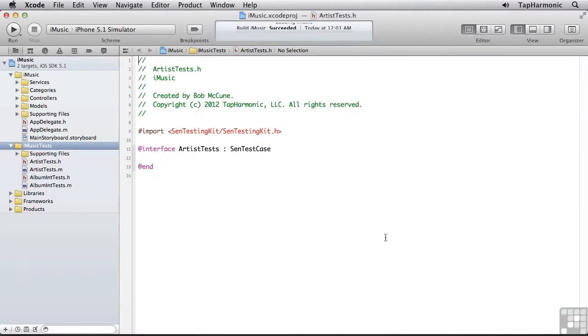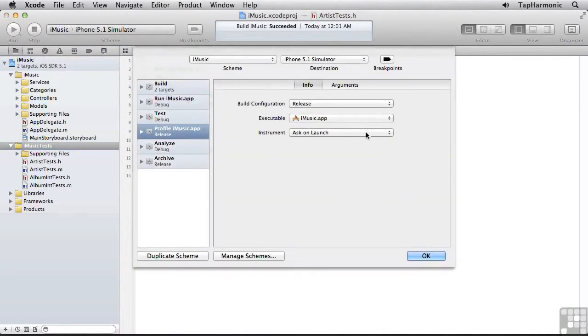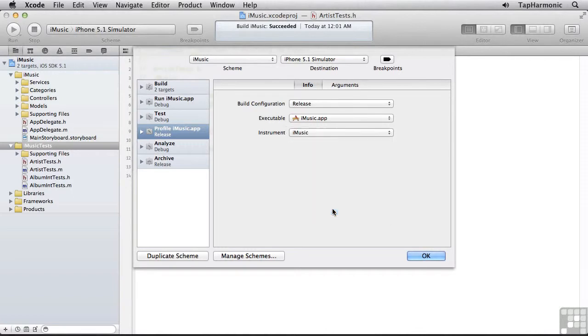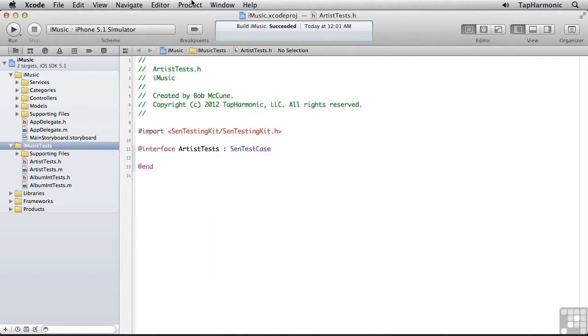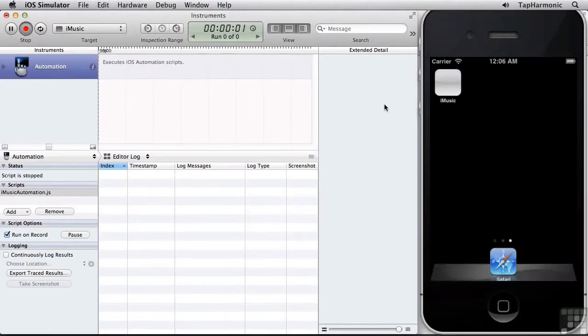I'll open this back up again. And if you go up to the scheme selector and say Edit Scheme, under Profile, there's a drop-down for a specific instrument. You can select that and select iMusic. So now when you go up to the Product menu and say Profile, it will automatically kick off your set